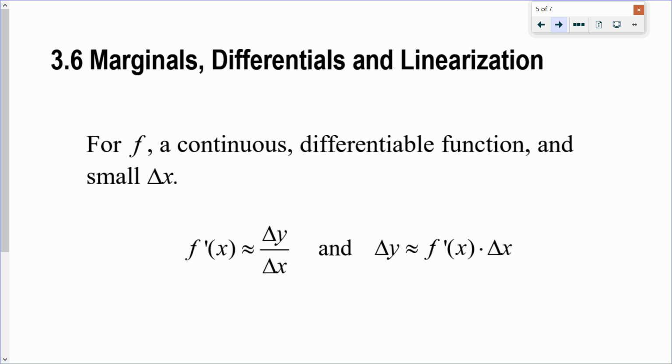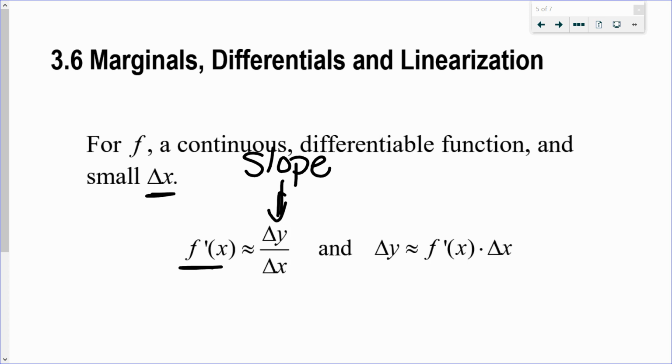We should be able, if our change in x is small enough, to approximate the change in y over the change in x. Okay, hopefully you recognize this as the old slope